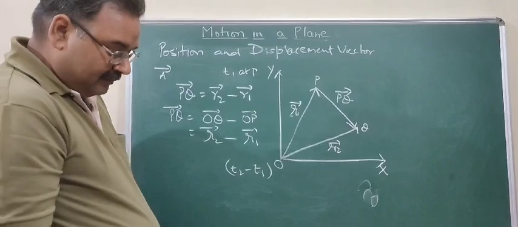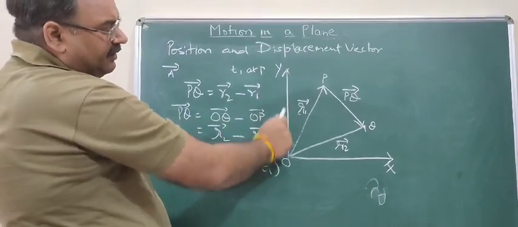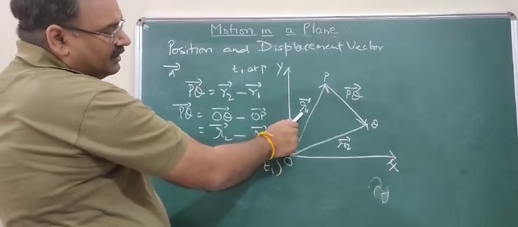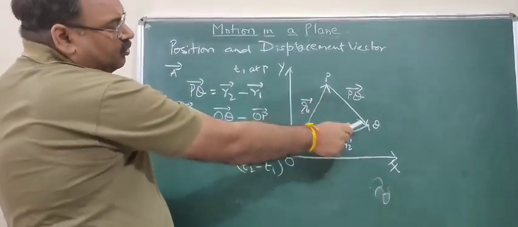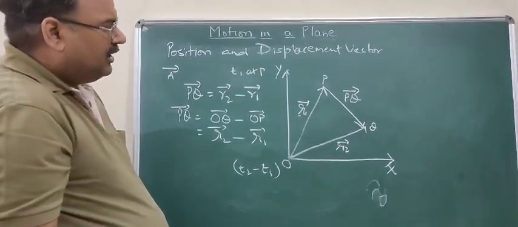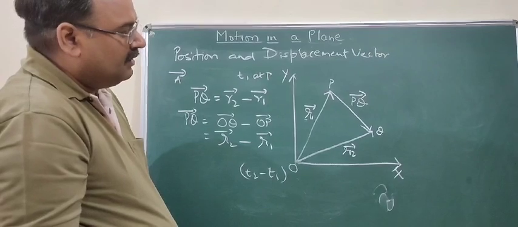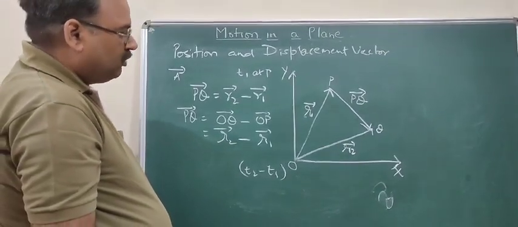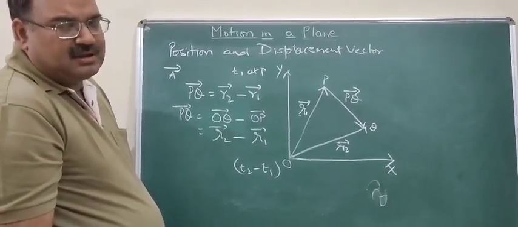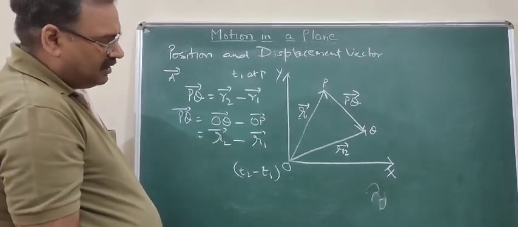Is it clear? So we have talked about the position vector. Position is described with respect to the origin in a given plane, XY plane. P represents the position vector with respect to O, that is represented by the vector R1, and it has moved in time t2 to the position Q. So R2 represents the position vector of Q. Now the body has moved from the point P to Q. So the displacement vector is represented by the vector PQ, and PQ is equal to R2 minus R1 because displacement is always the difference between the final position minus the initial position. So final position is OQ, and initial is P. So R2 minus R1.